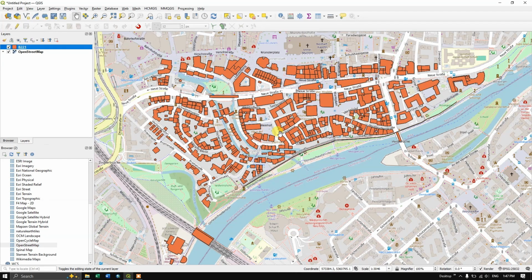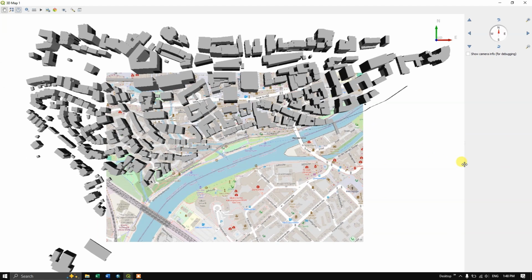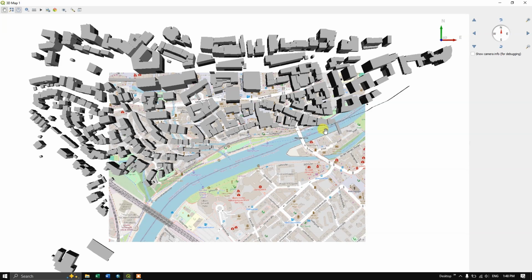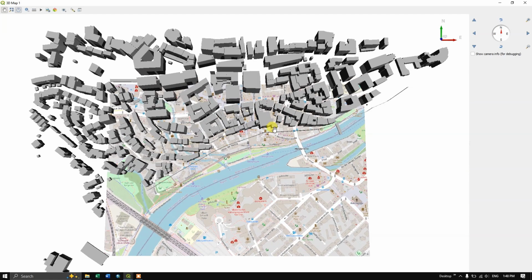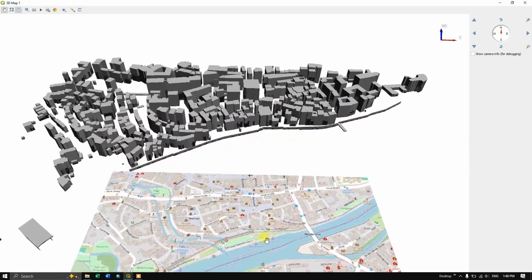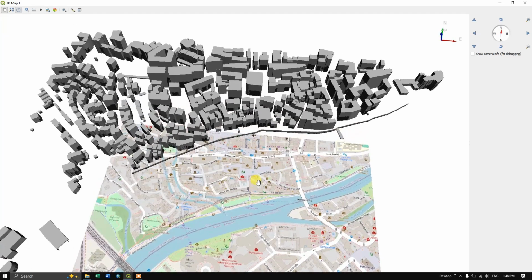In order to set up the 3D view, you can see that there is an option called new 3D map view. Let me expand it. Let us increase the view space. Now you can see here, if you just hold down the mouse shift button and use mouse left click, you can just bring the cursor down to the 3D view of the screen. And you can see a huge amount of space between the base map and the building.